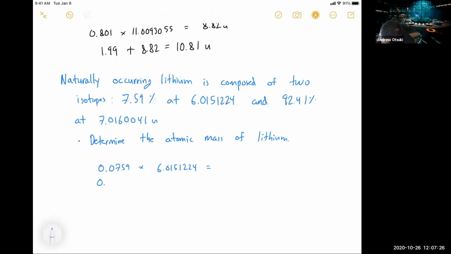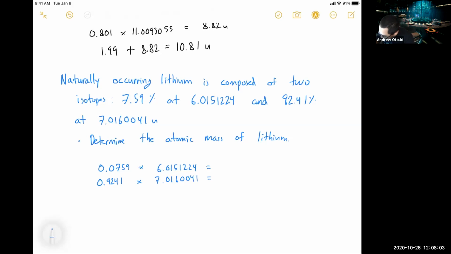Then we have 0.9241 times 7.0160041. Let's calculate what those two values should be. So let's get out our calculator and do the following: 0.0759 times 6.0151224. That gives us, let's leave it as 3 sig figs,